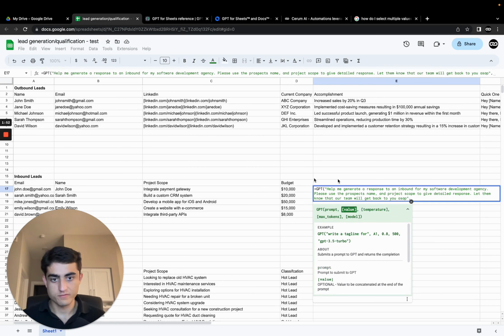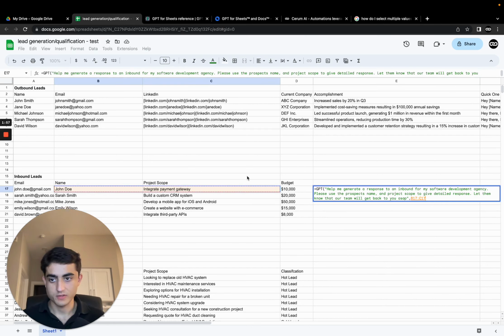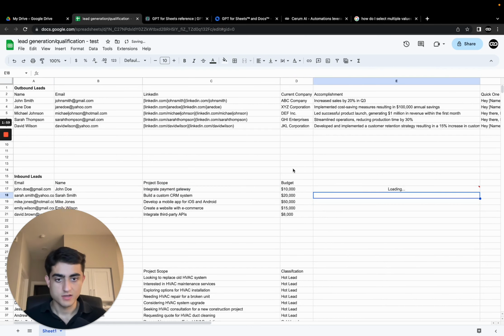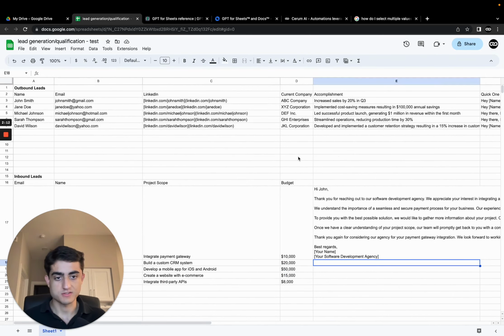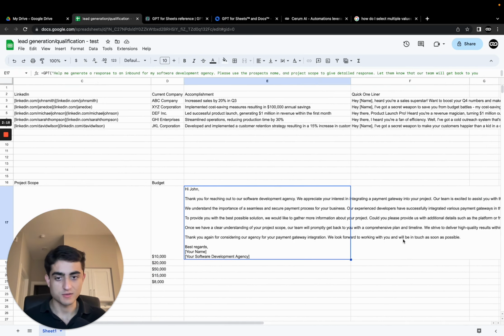And then for the value parameter here, we'll just select, again, name and project scope. And then it's simply going to generate us a response. And then from here, obviously, we can have this quickly reviewed, if you're not fully relying on this, if you're not getting the responses that you want, and then have this sent to another email sending platform. So we can see here, it gives us the name. Hey, John, thanks for reaching out to